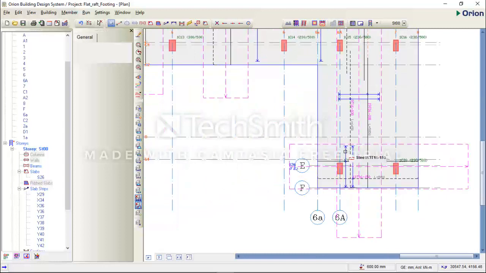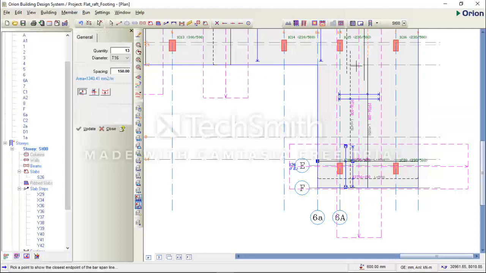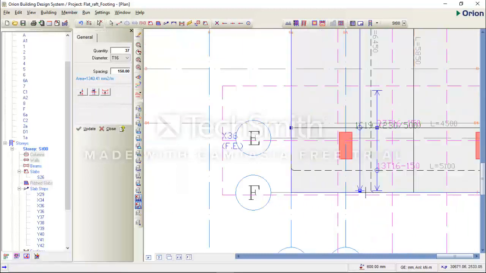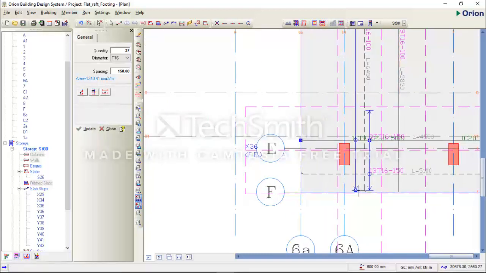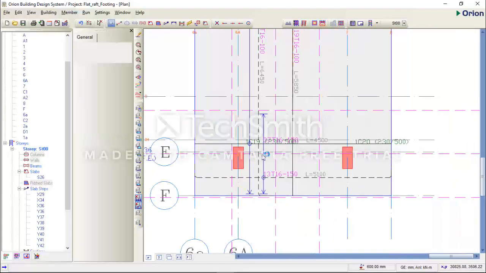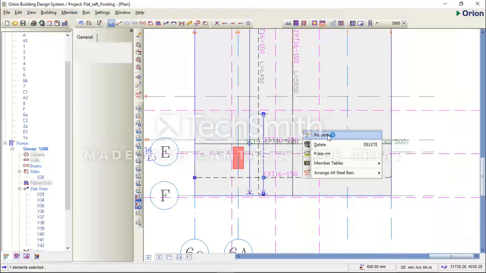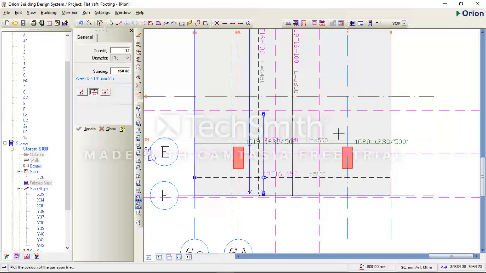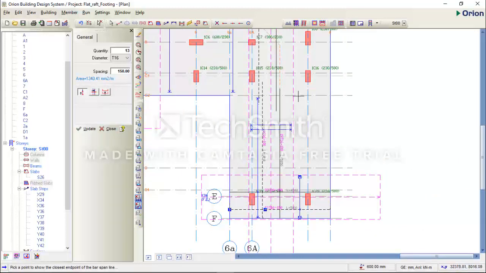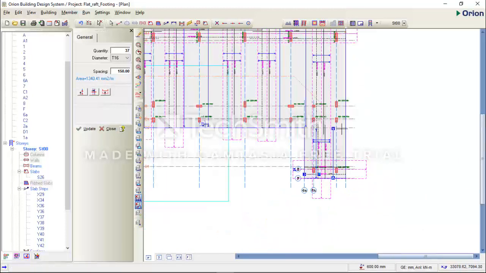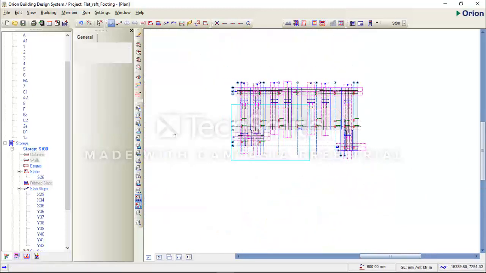So I'll select one of the callouts. I will extend the dimension callout to this point. Okay, it's okay at this point. I don't need to stretch this point. It's already at the edge. And I will select this dimension callout. I'll move it to this point and I'll stretch it to the end, to this grid line here. So I'll specify the reinforcement in the horizontal direction.